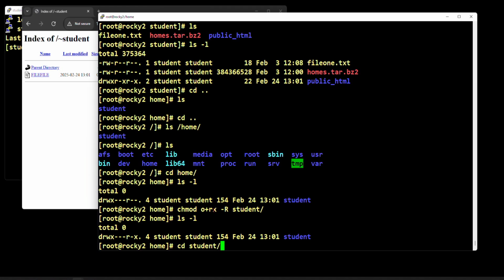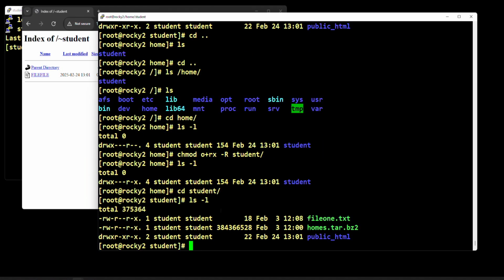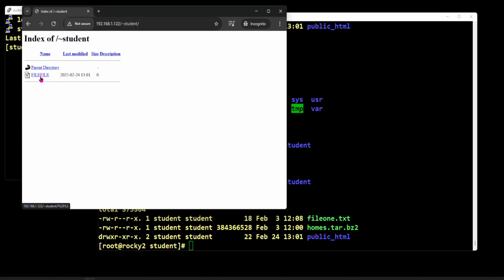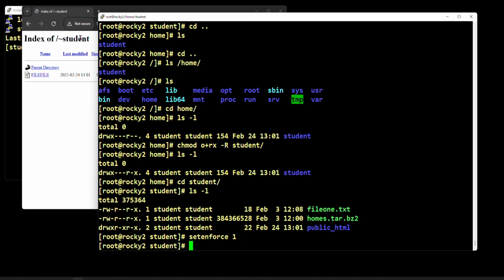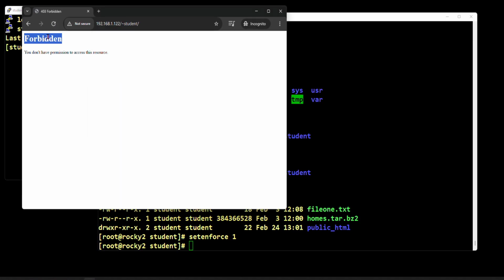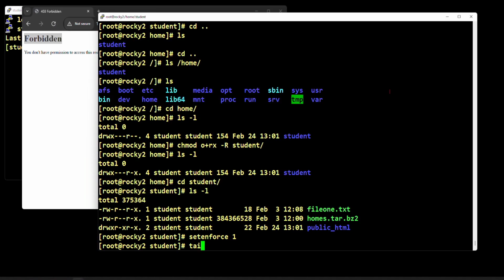If I go to my student user's home folder, public HTML, the others have read and execute so they can actually access this folder. And now it's working. As you can see, I can see it. Let's do setenforce 1. Now I should fail. Forbidden. See? Now if I check the logs,